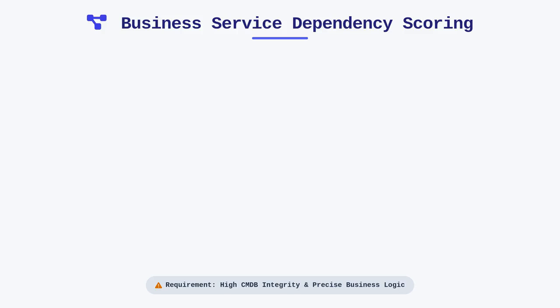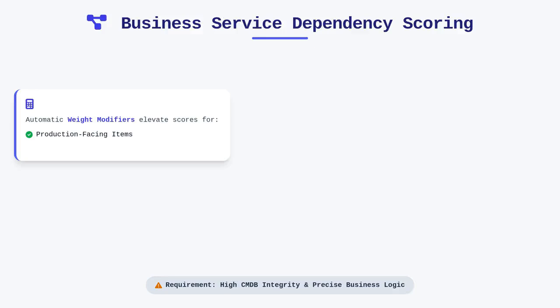Configuring automatic business service dependency score modifiers requires careful attention to the nuances of your business logic and existing CMDB integrity. You might choose to apply a weight modifier that automatically elevates the risk score of vulnerable items if they are tagged as production-facing or part of a customer-sensitive data path. This logic is handled by setting up specific calculators that interpret these relationship flags during the initial assessment of a